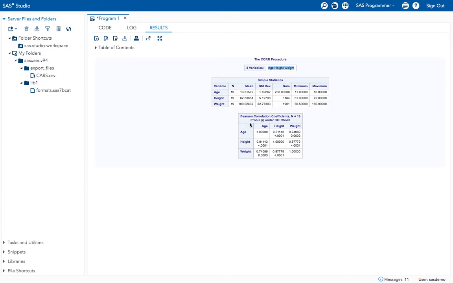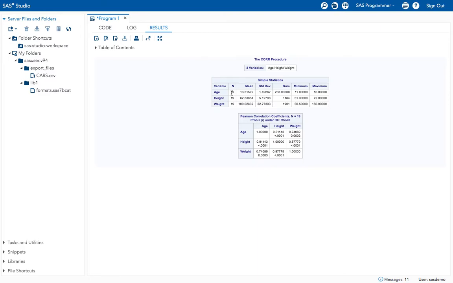One is simple statistics, the other is Pearson correlation, and the other represents the variable names for which we got the correlation. Here it is showing N. This N is the number of observations present for the particular variable, and if any missing observations are present, it will show the missing values also.